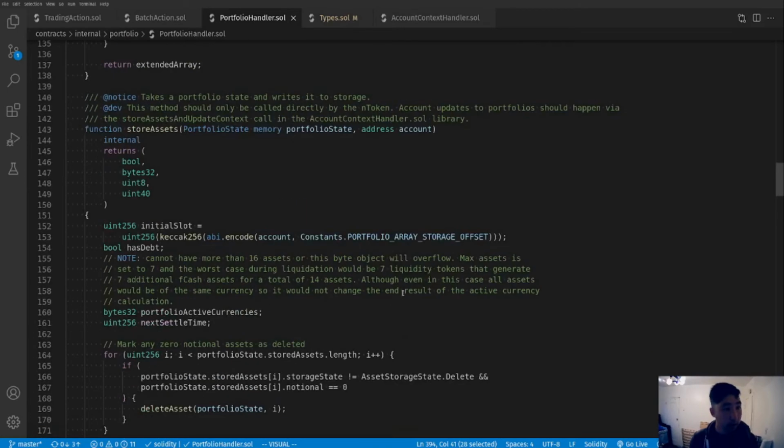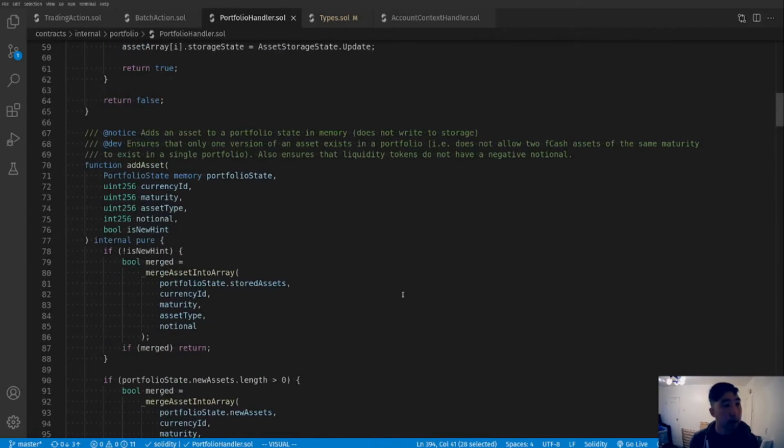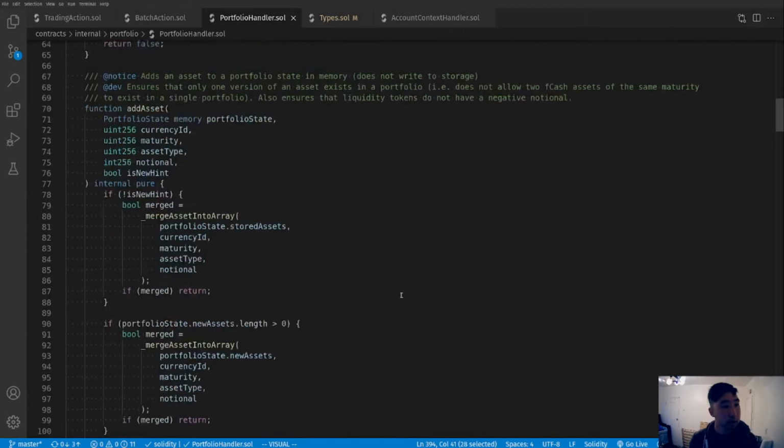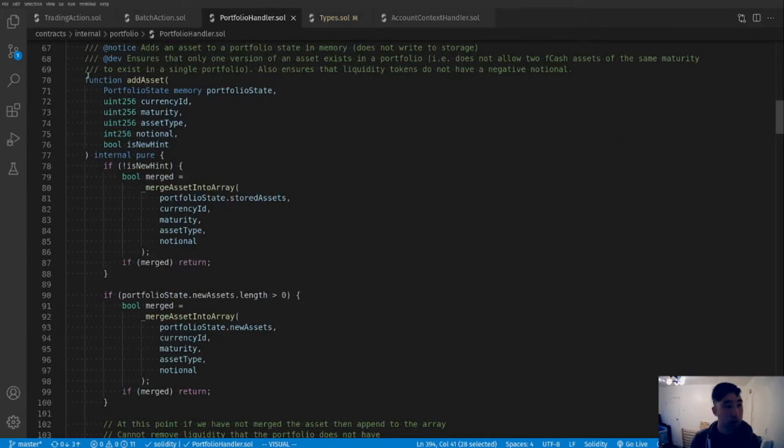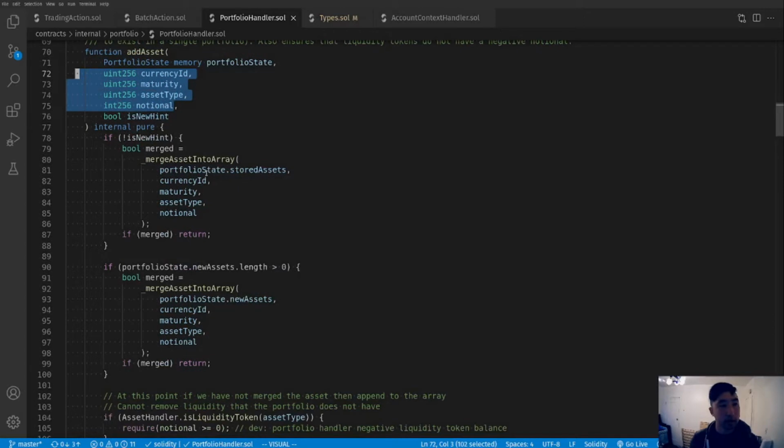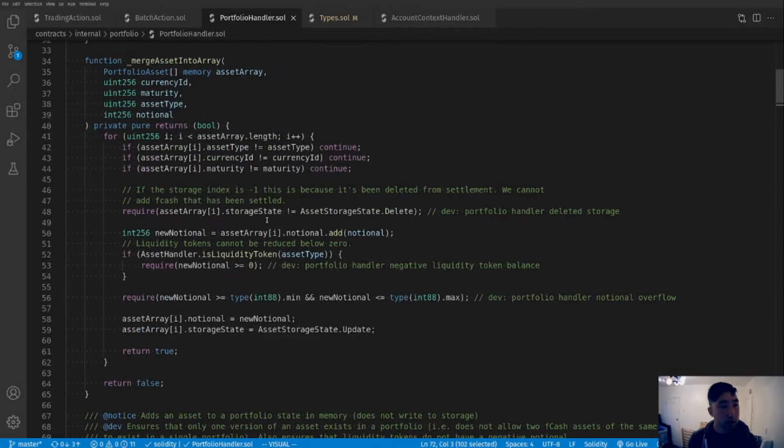Now, I wanted to take a look at this method called add asset. When we call add asset, what we do is we specify the currency ID, the maturity, these values that define an asset. And what we'll do is we'll try to merge that asset into the array. Looking here,